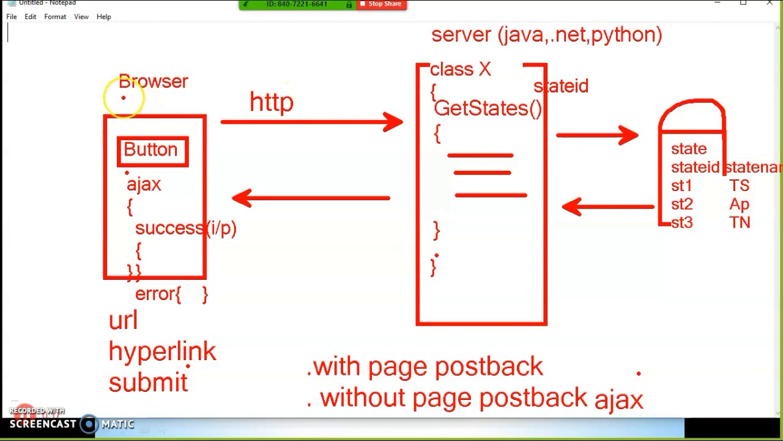So the requirement here is that the user will enter the state ID, and you have to get the state name. Enter state ID, one text box I will give, and one search button I will give. Now when you enter the state ID and click on the button,